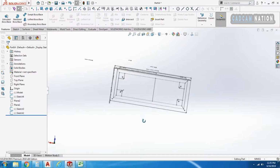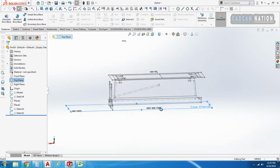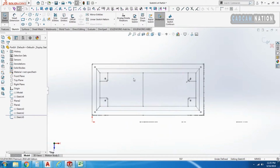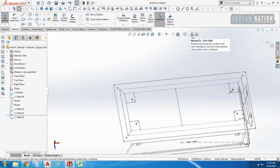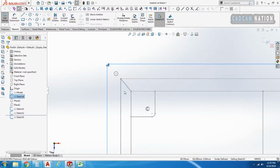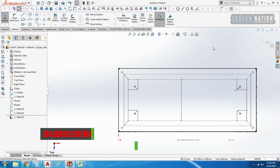Now, as you can see, we have already perfectly aligned the sketches. Now I'm going to select the top plane and sketch on the top plane, normal to view. So I'm going to copy the outer boundary of this sketch. As you can see here, I'm going to select chain and convert entities. Now there's one more thing that I should do, which is